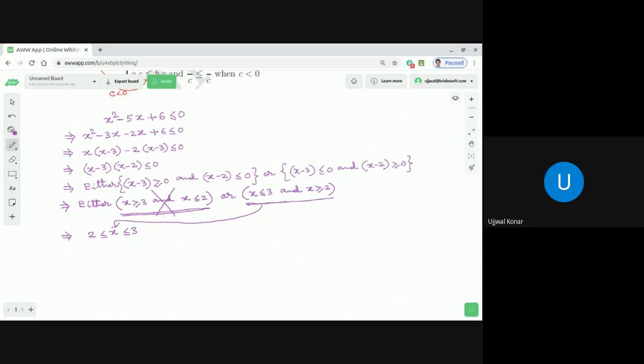So there are infinite number of solutions when we consider these inequations. Correct or not, dear students? But the moment we make it x square minus 5x plus 6 equal to 0, we get exactly two solutions. The moment we make it less than equal to 0, it is a range of solutions, infinite number of solutions. In fact, any real number between 2 and 3, including 2 and 3, is a solution to these inequations x square minus 5x plus 6 less than equal to 0.